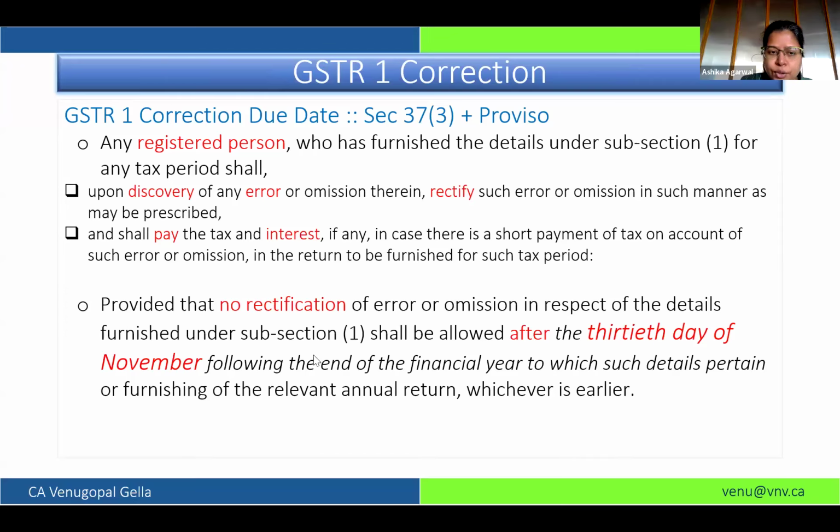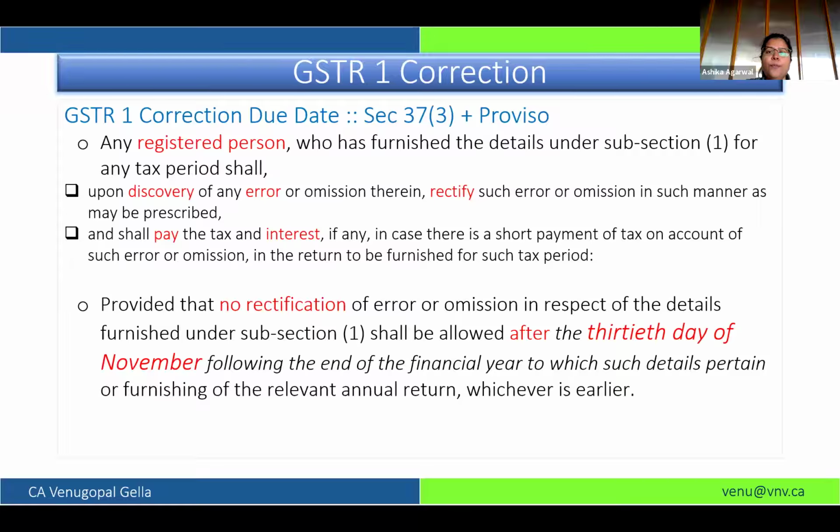So as we understood the meaning of 30th November, let us now understand how we can do the corrections. Now, if you see GSTR1, if I have made any error in GSTR1, I have been given an option to correct it. But as we know, a GSTR1 return, once filed, can't be revised.